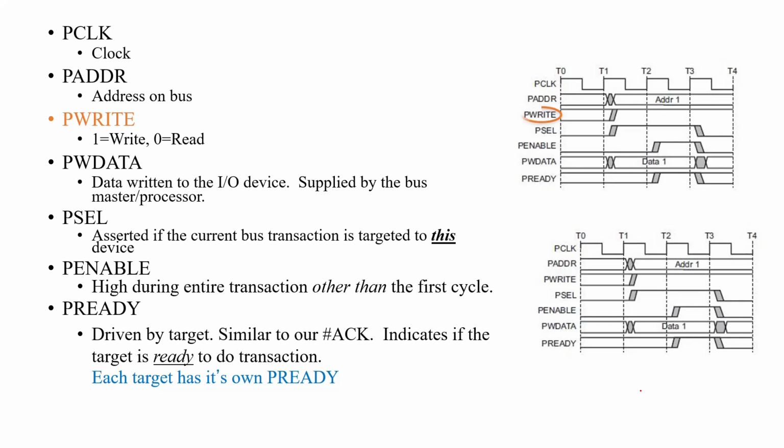After that, the PWRITE signal. If PWRITE is 1, you are doing a write operation. If it is 0, you are doing a read operation. And PWDATA means data should be written into different devices like IO devices. It is supplied by the master or processor. The master or processor gives the data here, and PWDATA transfers the data. That means we are maintaining valid data